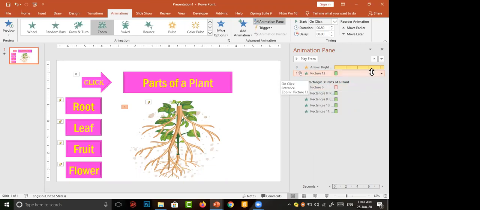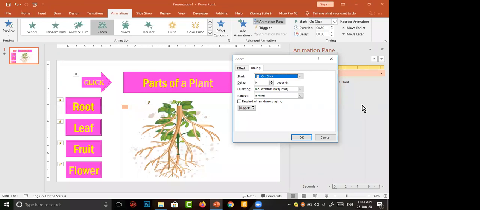When does this happen? It should happen when we click on the root button. So it is another triggering. We have to select it, then move to Trigger in Timing. Again, it shows Start Effect on Click Of. You make a click. Previously, only 3 things were shown here, but now we added many things in our slide. You have to click on the down arrow. All the things present in our slide are listed here.